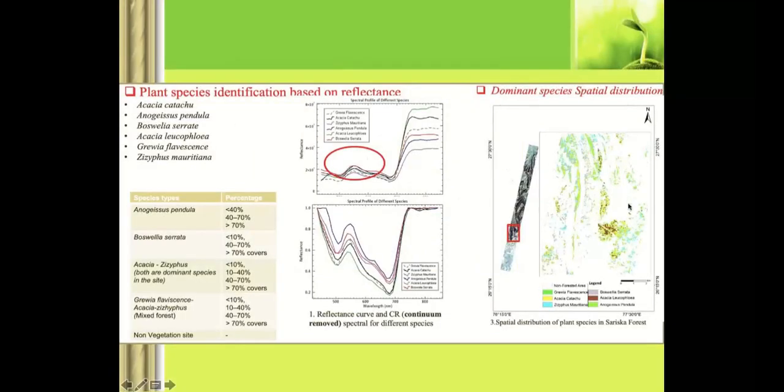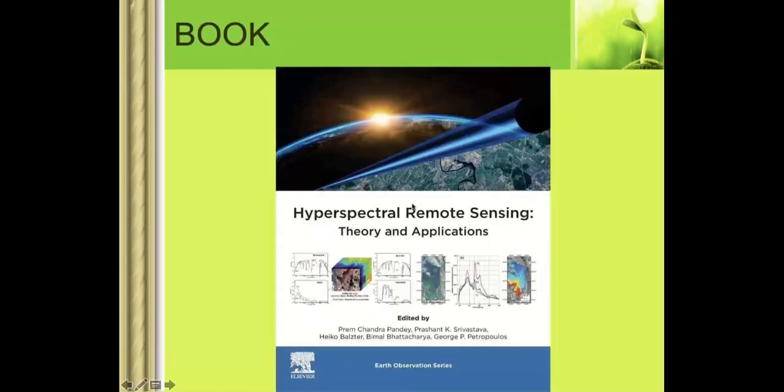Similarly, we do plant species identification in the hilly area. We developed spectral curves of different species. Then we have this Hyperion image, and we try to run our algorithm, the SAM algorithm actually, and we try to do the continuum removal of these absorption bands. We try to find this absorption area in the satellite image, and then we got all the dominant species in the area by using these spectral curves. So this is also possible.